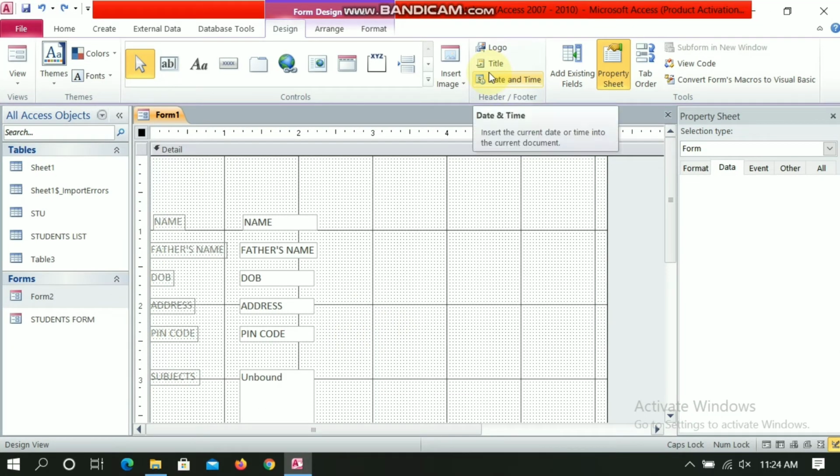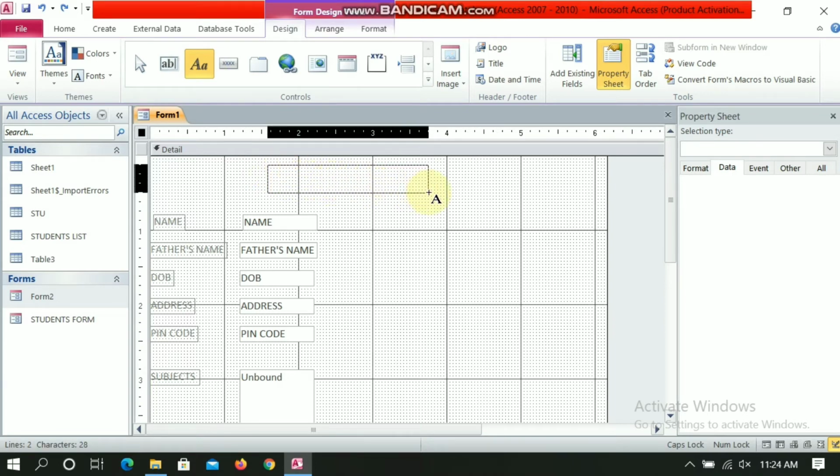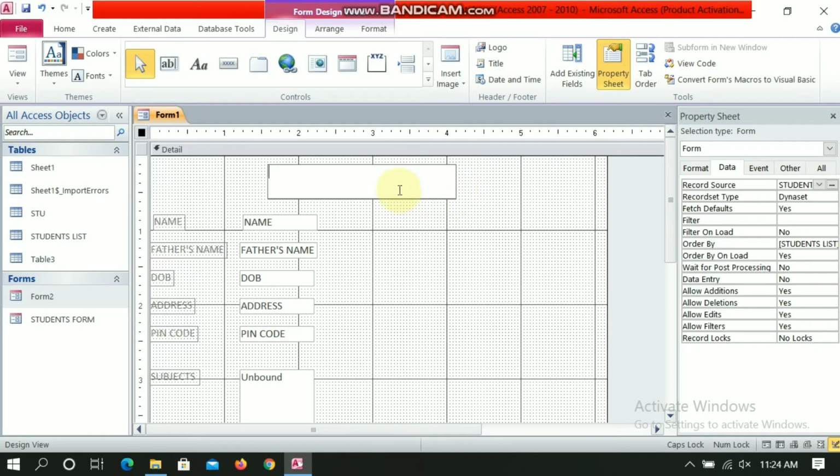To add the name of the form you need to go to these control groups. Here you will find this option called label. Click on that and you will find a plus sign with the A. Just drag the cursor and make space for that, and you can write the name of the form.